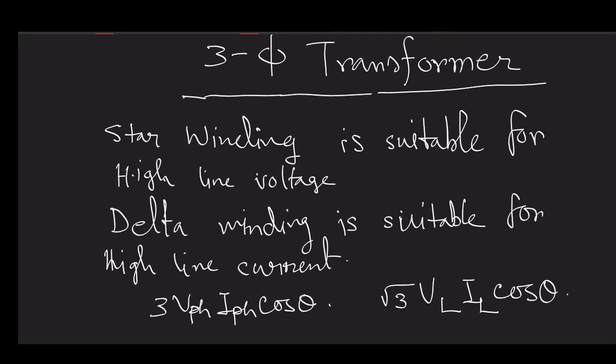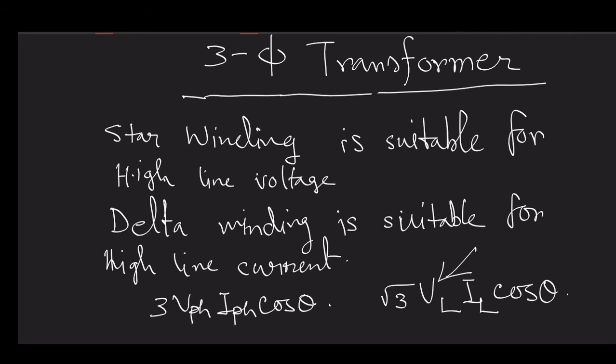Now here I would like to advocate for this particular formula because quite often you will find that either V phase or I phase is difficult to find out. Let me tell you one case. Suppose you have a star connected network enclosed inside a closed chamber, like a transformer winding, and no neutral is available to you. In that case, it is difficult for you to measure the phase voltage, but you can always connect a voltmeter between two phase lines and measure the line voltage, and also you can always connect an ammeter in series with your line and measure the line current, and in that way you can find out the